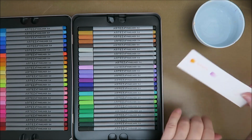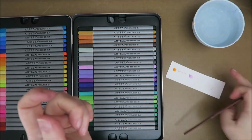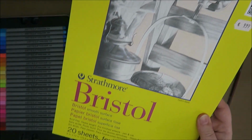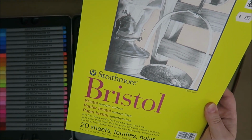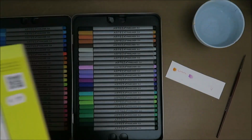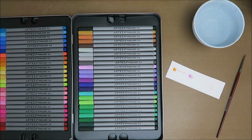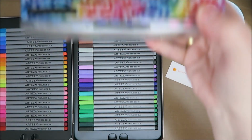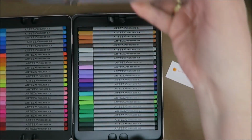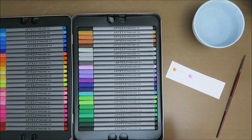I am using, by the way, Strathmore... oh, what is it called? Wait a minute. I have it over here. It's yellow. It's Strathmore Bristol Smooth Surface Paper. And I really love this with watercolors. And so I'm just going to use this one. I used it with my brush pens. I got sent these by them as well. And these are amazing. But if you have really, really small...